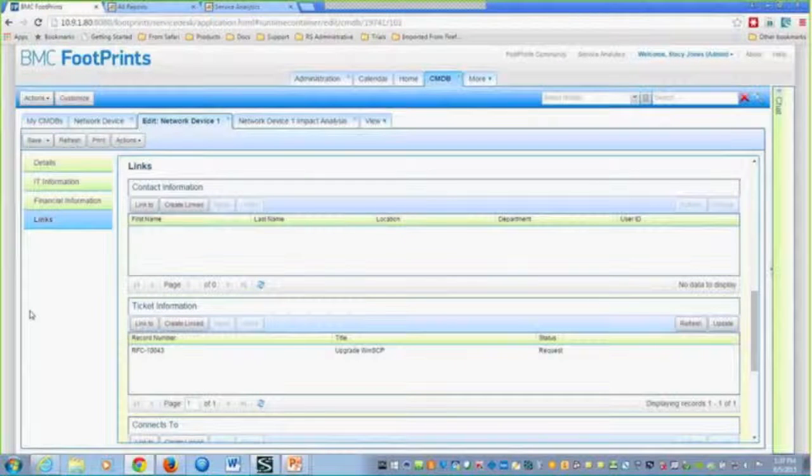And so what I can see here really quickly is I have an RFC, so 10043, that has linked to this particular asset. So that's why when we were looking at the impact analysis, I could see that upstream, downstream information as it pertained to any of my RFCs. Okay? All right, so here I'm going to head back and look at a couple of things from an administrative